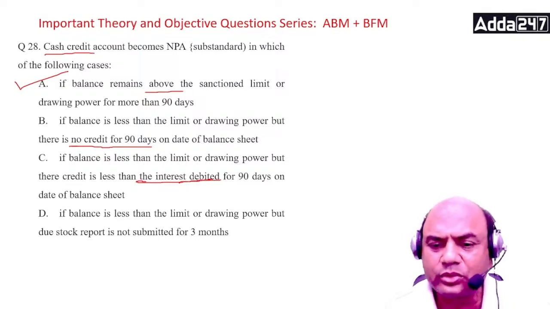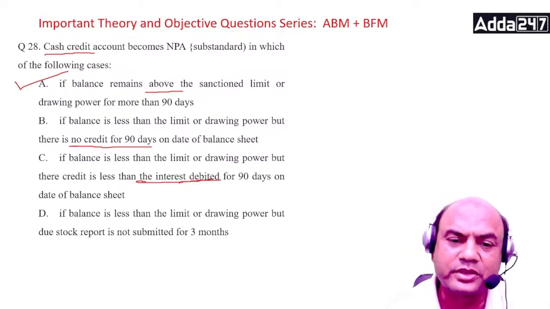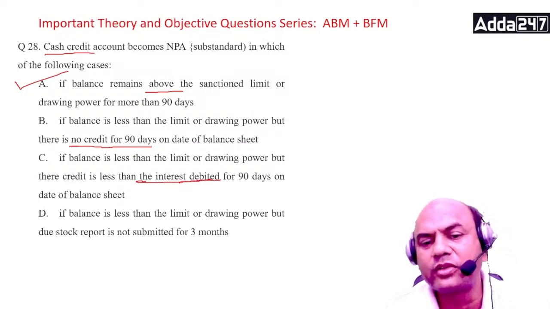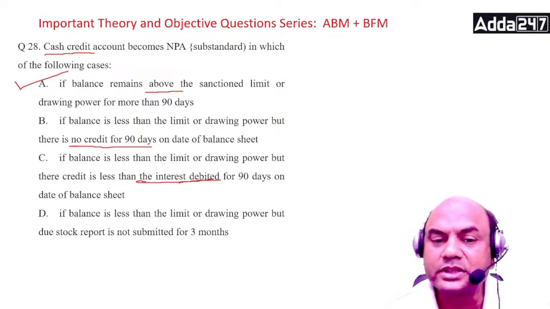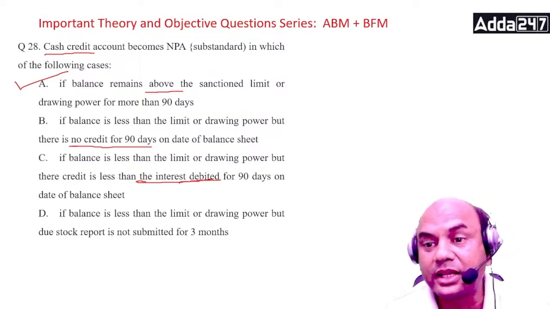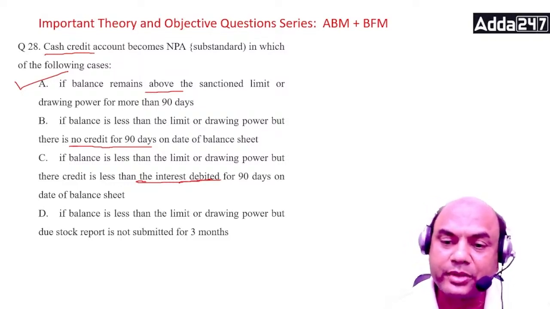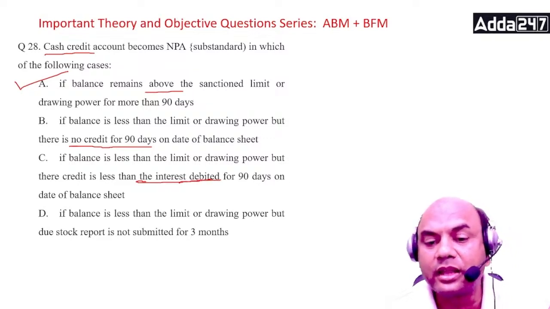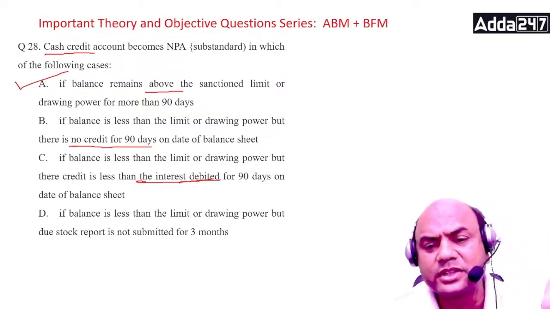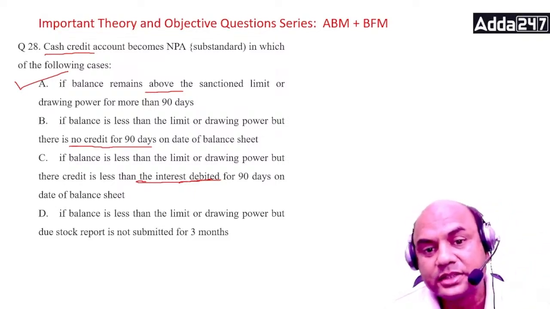If the account remains overdue, or if the overdue limit is not reviewed within 6 months, so this is a basic rule. Now RBI has told that whenever you have some minor issues, don't consider these accounts as NPAs. If there are some minor issues which can be tackled, don't consider them for NPAs. Simply speaking, D, stock report not submitted, should not be considered as NPA. You have this topic in your CIB.